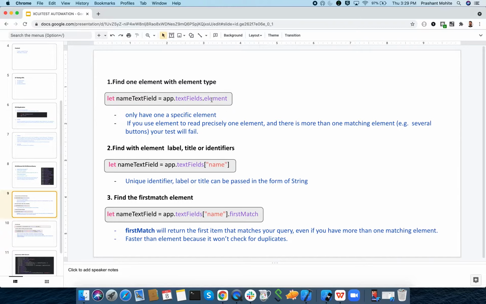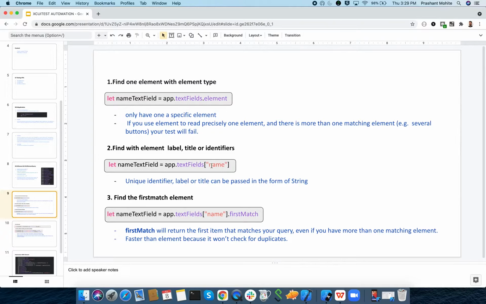So we'll see everything by doing the practical. Let me explain these three and then we'll do the practical for the same. We have already seen this when we were writing the basic test cases: we are giving identifiers or labels to the elements. See here it is identifying a particular, unique element. We are saying we need a text field which has the identifier or label as name. Until and unless it's unique, you will get that field.